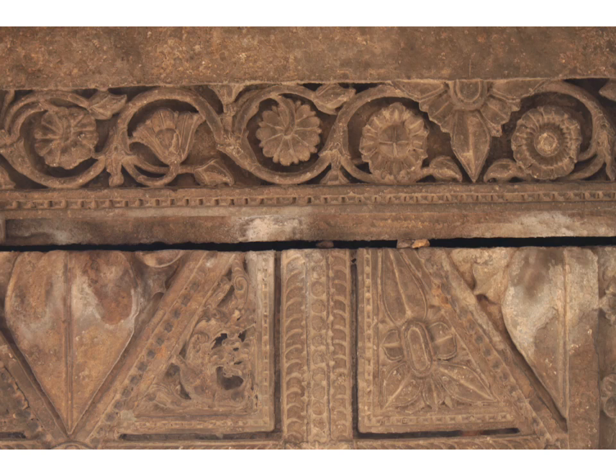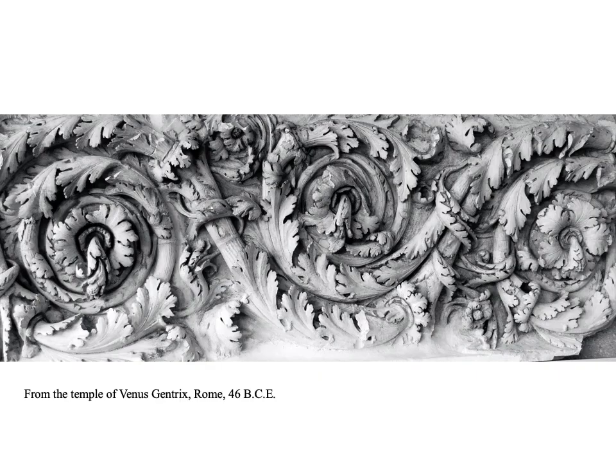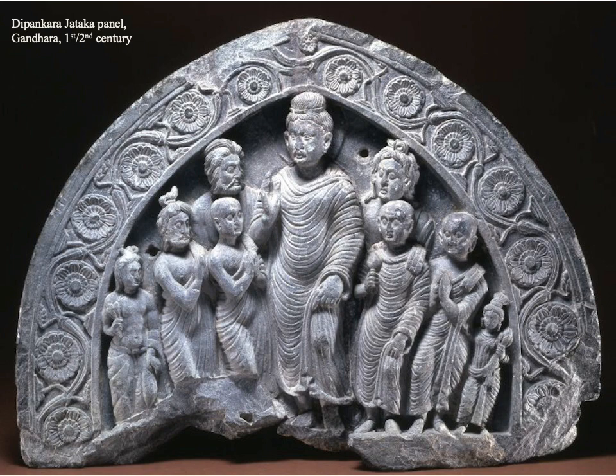But the interesting thing is that this pattern you can see in other places as well, rather far removed from Delhi. And one of those places, for instance, is in Rome. And here, of course, there is no lotus flower and vine, but actually acanthus leaves. And this is from the temple of Venus Genetrix in Rome, and it dates to the 1st century BCE. What is the connection? Is this just a coincidence? It is actually likely that there is a connection between these two places as far as this kind of architectural ornament goes.